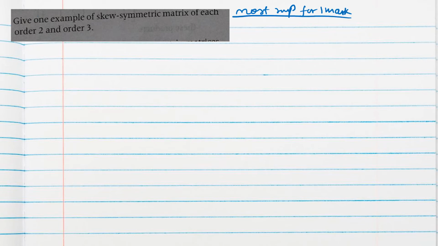Okay, so see, while writing a skew symmetric matrix example or symmetric matrix example, we should know what is skew symmetric and what is symmetric. So symmetric matrix means A is equal to A transpose, isn't it? And how are we getting the transpose? By interchanging rows and columns. So if the A matrix is given by Aij, the A transpose matrix will be given by Aji, isn't it? All the elements of A will be in Aij form. All the elements of A transpose will be in Aji form. Okay.